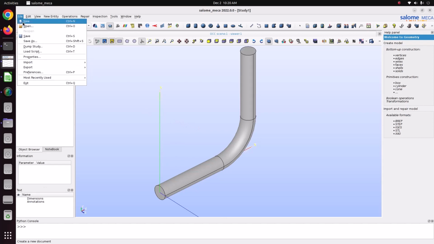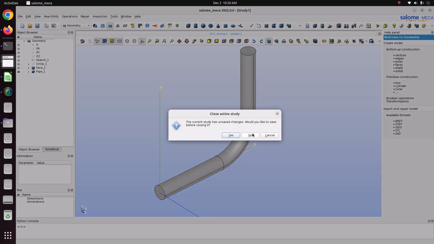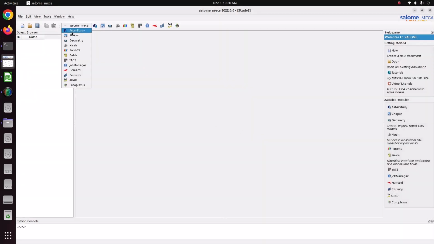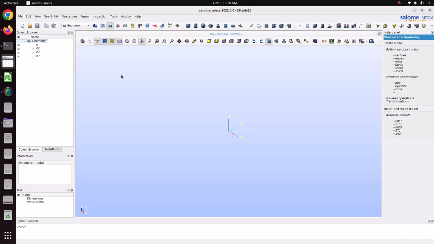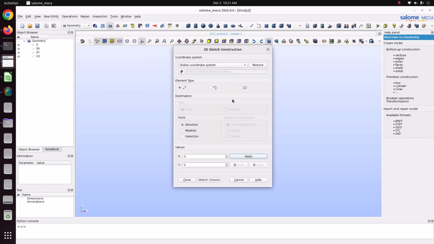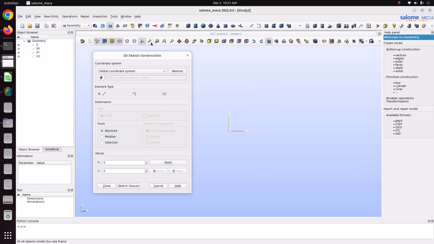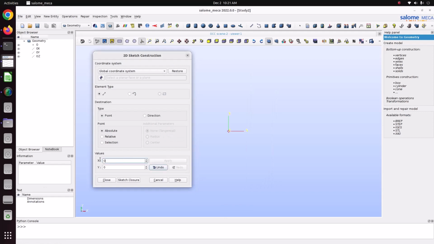So first, I'm just creating a new study. Go to geometry model. First we'll create the sketch, in which we just want to draw the path. For that, just go to basic 2D sketch. I'm going to use the same one. So I just give the fit screen, just apply it. I'm giving the length 0.1,